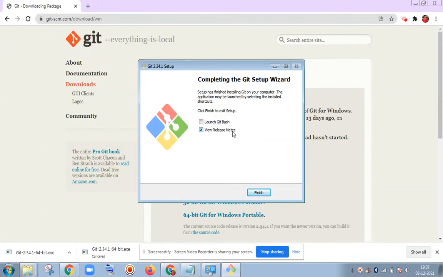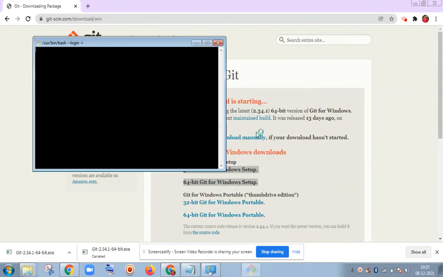So it has been done. We can launch Git Bash from here and click on finish, and see, the panel has been opened.